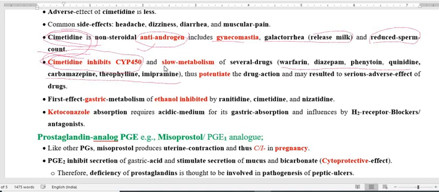The drug in unmetabolized form remains in the circulation to produce activity,